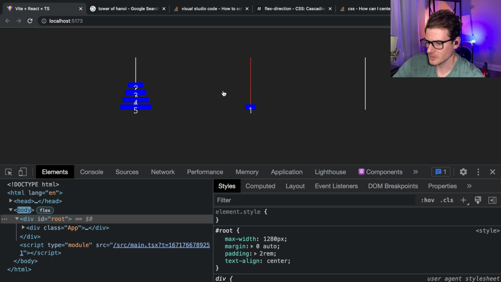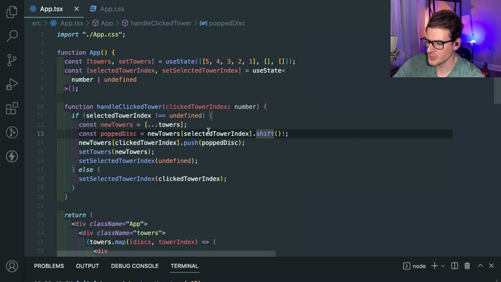Okay, cool. So you can push that one over there. You can push that one there. This one can go here. But that one's not supposed to go there. So I'm going to add some edge handling or error handling to not allow you to click on a disk which is lower, right? So before we do all this stuff, we're going to say like,